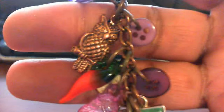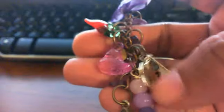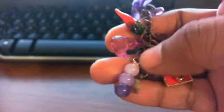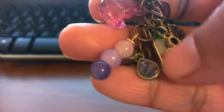If you see, it has this cute little owl up there. It has a glass beaded chili pepper. It has some purple buttons. Not only does she love owls, she also loves the color purple. Cute little purple Maya Road bird there. I did my own little beaded charm in three shades of purple. There's these little teardrop